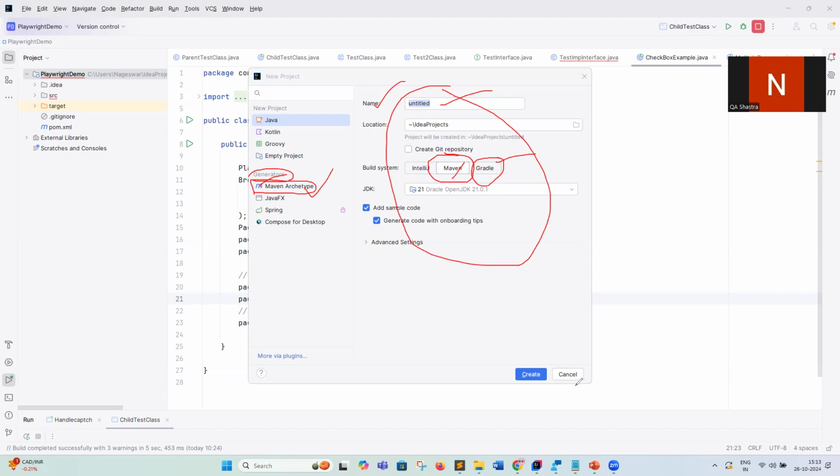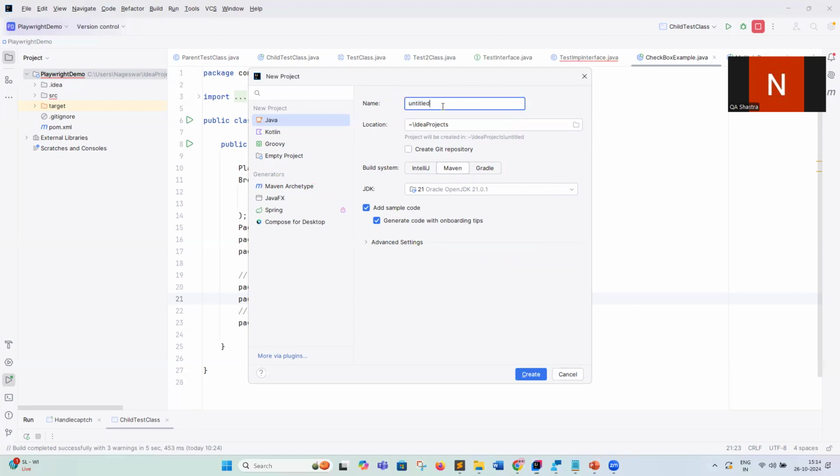This is the one area you need to identify. Your IntelliJ is already integrated with this section. Check whether you are able to see this Maven archetype option, which is available by default in your IntelliJ to create a Maven project in your system. Let me clear this one and provide the project name. You can give a project name, like test Maven project,